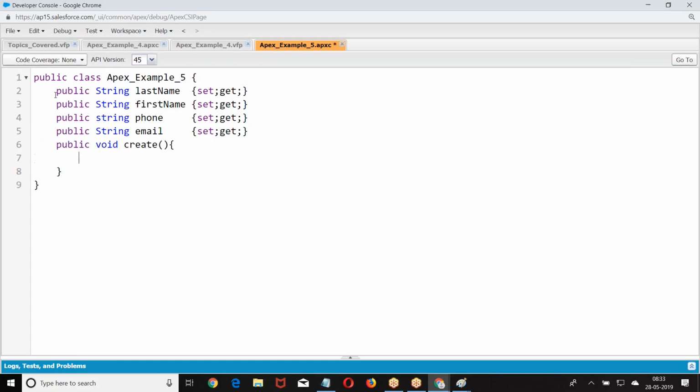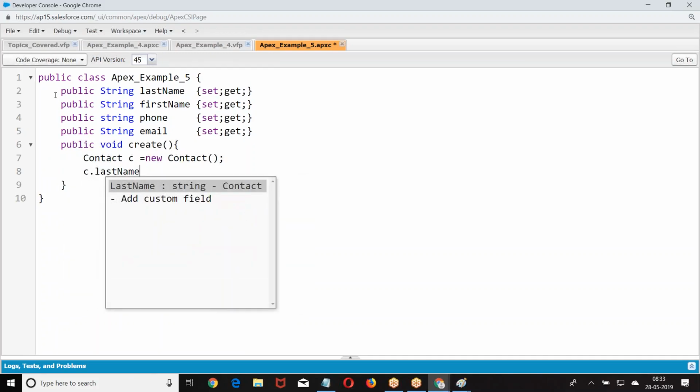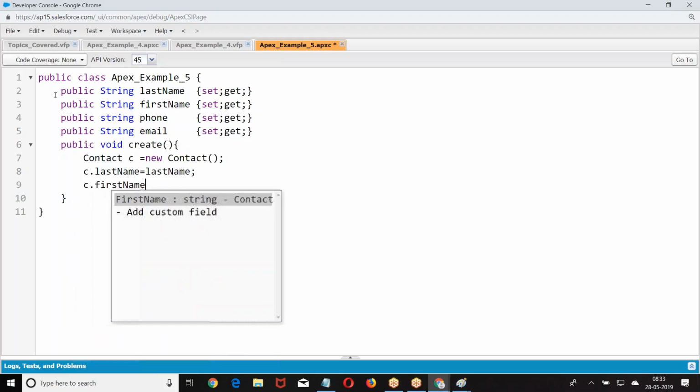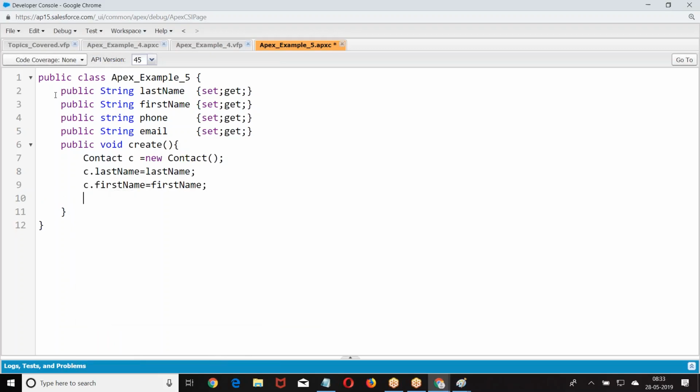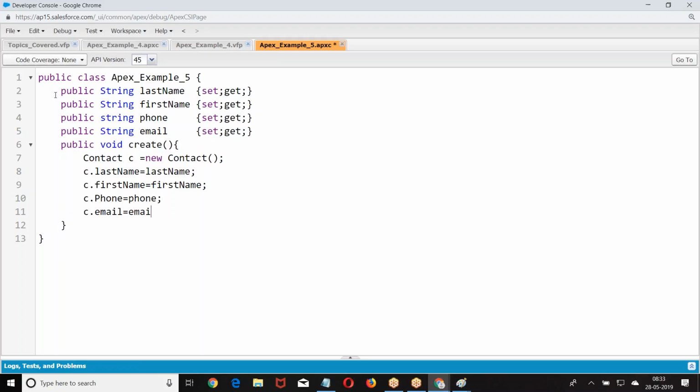Then I ask you to create a contact record. Contact c equal to new contact. c dot last name equal to the last name which you captured from the VF page. Then insert c. This is only creating a contact.